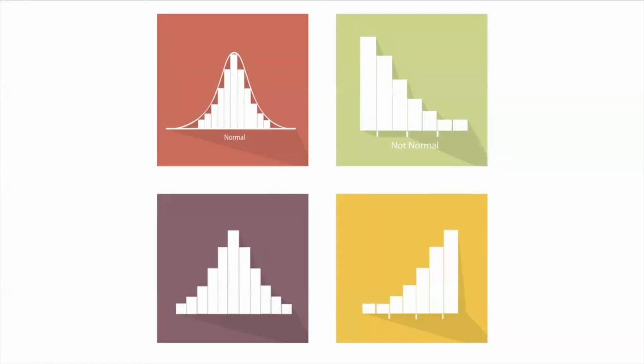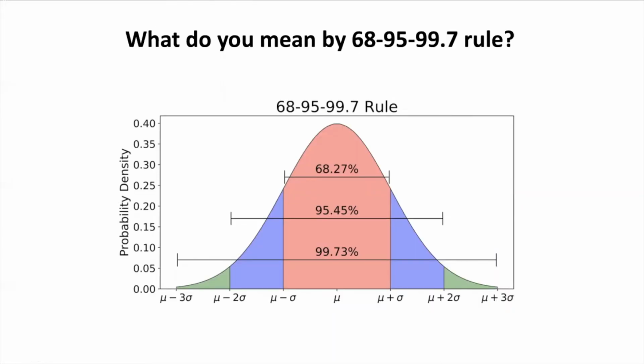Now you can see in this figure there are four curves, in which two bell curves are of normal distribution, this one, and two bell curves are of not normal distribution, this one and this one. This one is also called a positive skew bell curve, and this one is also known as a negative skew bell curve. A normal probability distribution is symmetric around the mean and the spread of the distribution.